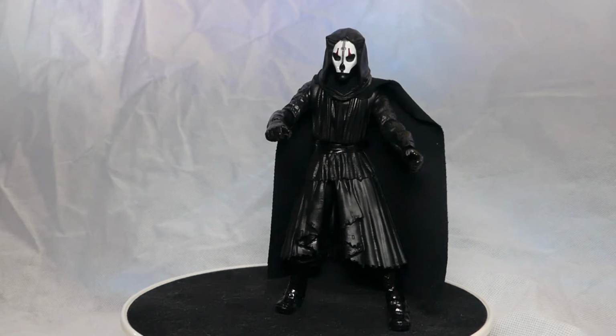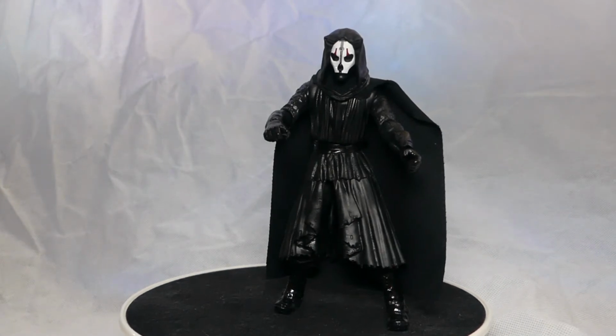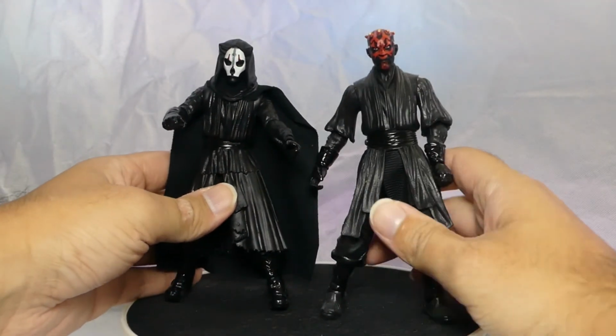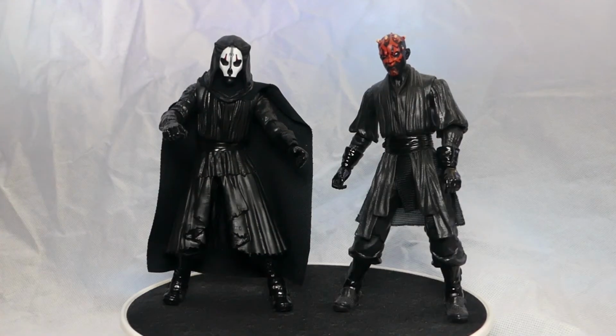Essentially the robes, I've noticed, and what the robes look like on him compared to another figure, it's not looking good. So here, we'll look at Darth Malak. Now I have Darth Nihilus next to Darth Malak because I feel like they reused the robes from the Darth Malak figure into Darth Nihilus. I feel like they could have done something more distinct, because if you look at pictures of Darth